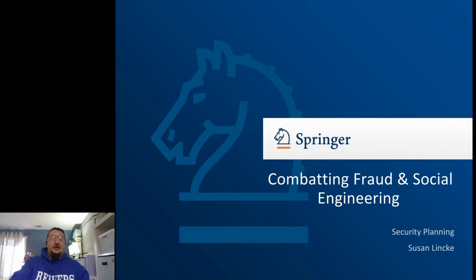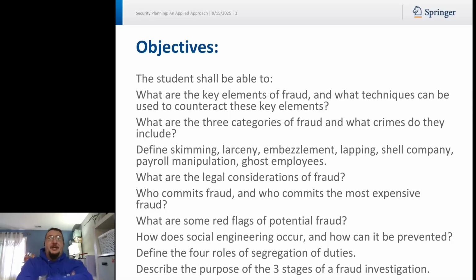This week's chapter is on fraud and social engineering. So this week we'll be covering elements of fraud, categories of fraud, types of fraud that happen, legal considerations, those who do commit it, the most expensive types, red flags, also looking at social engineering, segregation of duties, and 3